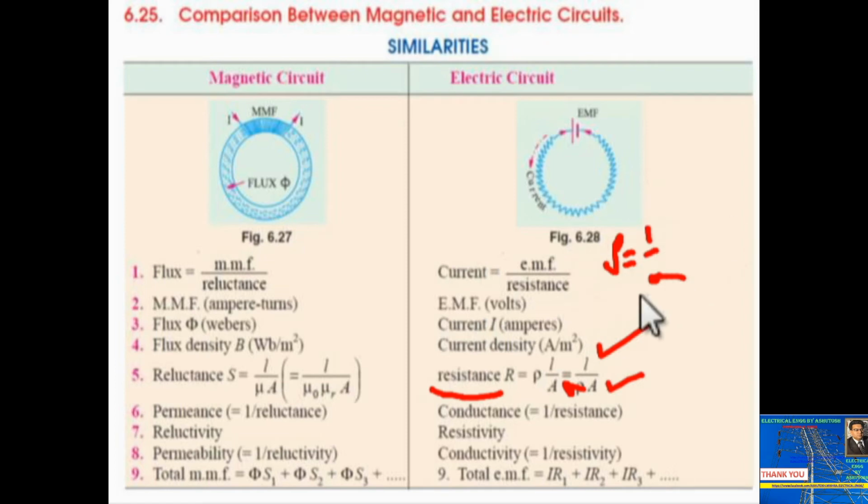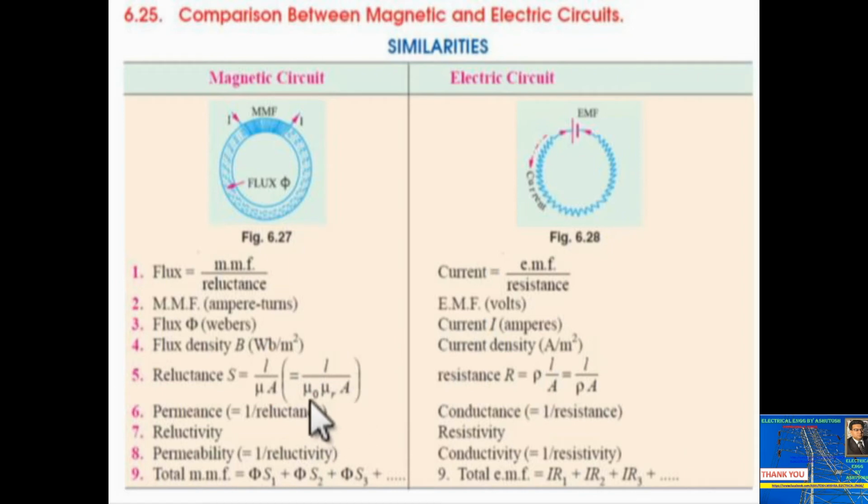So in case of electric circuit, resistance is equal to rho L upon A, and in case of magnetic circuit, you can see here, guys, S is directly proportional to length of the core, inversely proportional to cross sectional area of the core, and then 1 upon mu. S is equal to L upon mu A, where mu is permeability, and that is equal to mu 0 mu R. Absolute permeability into relative permeability will be there in the formula. So you can see L upon mu 0 mu R into A.